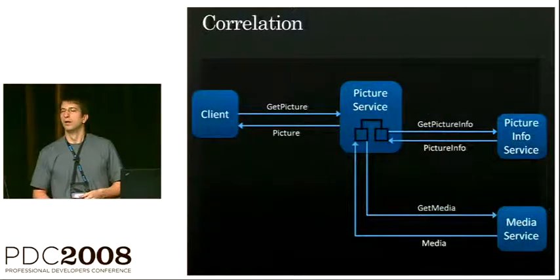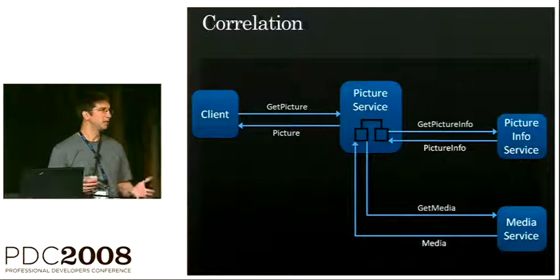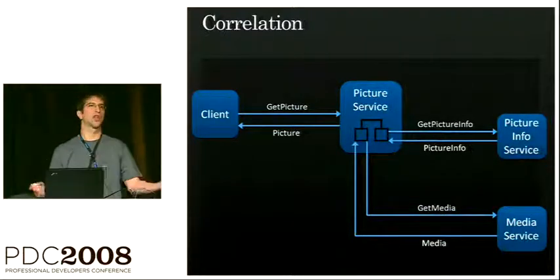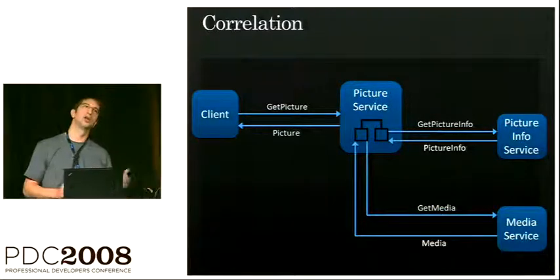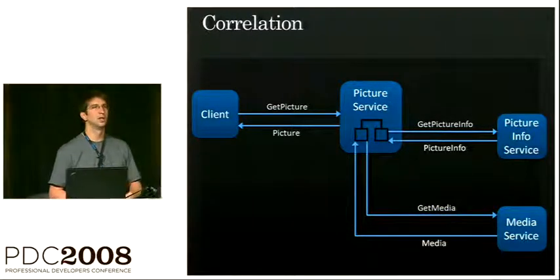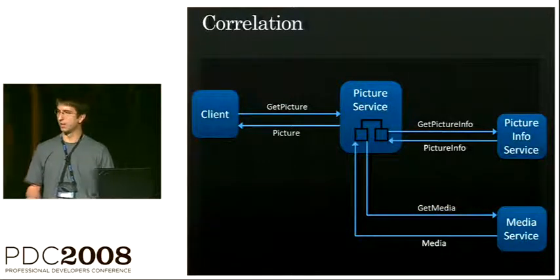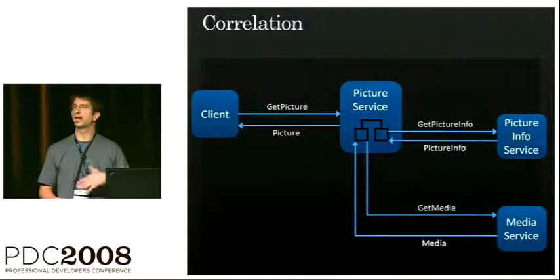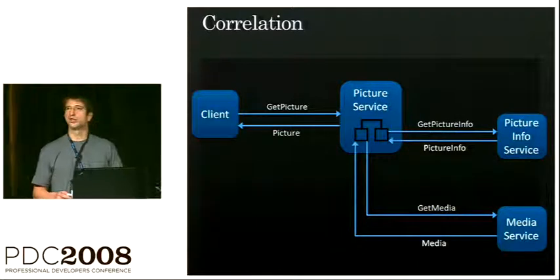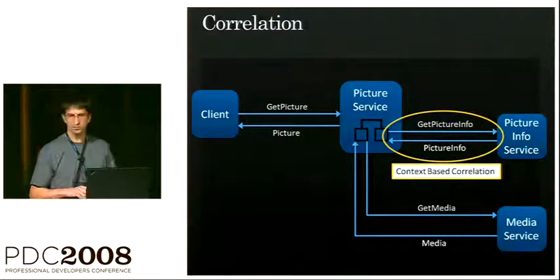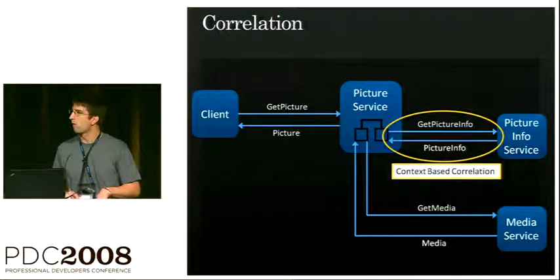So here's our example again. You can imagine that, as it turns out, our media service is actually operating over this vast archive of pictures that isn't online all the time, and we wanted to be able to allow people to submit requests even if the back end was offline, and we get them the results at a later point. So we've broken up that HTTP request response into one-way message exchanges using queues. And we'll go over the various correlation mechanisms that we're using to accomplish this.